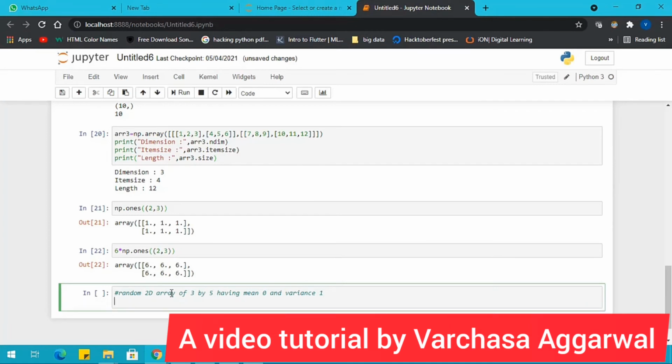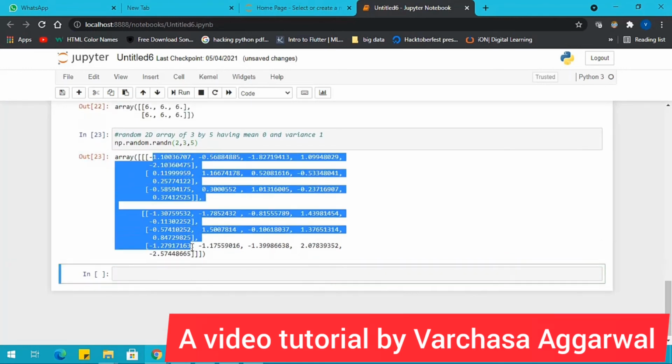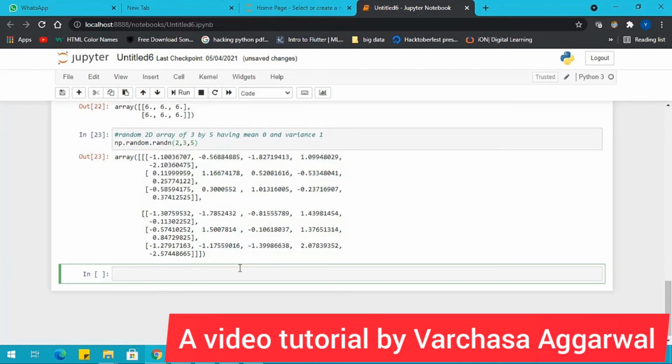For this, we will be using the np.random module and the randn function. Alright, and 3, 5. This will create a 2D array of 3 by 5 having mean 0 and variance 1. Now you can notice that all the numbers are ranging roughly around 0.